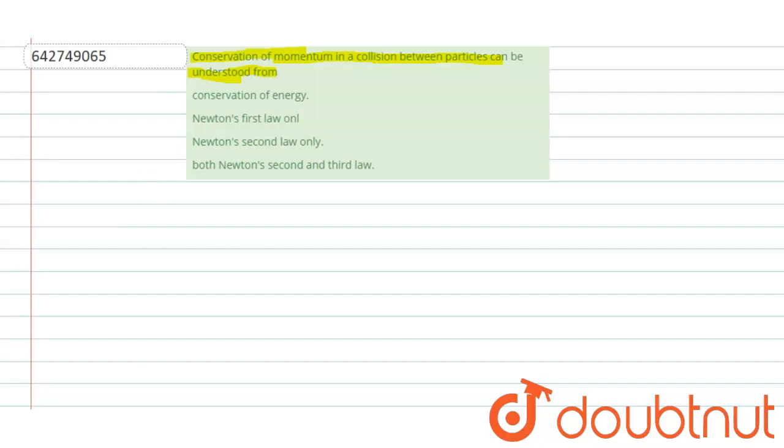As we know, Newton's first law is about inertia, so Newton's first law can't explain this. And Newton's second law states that